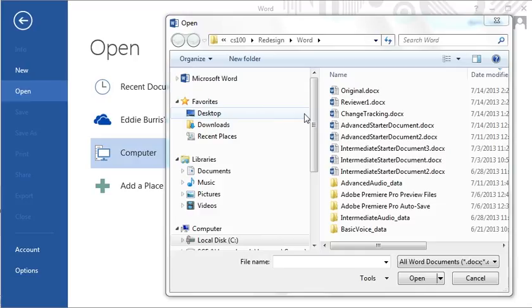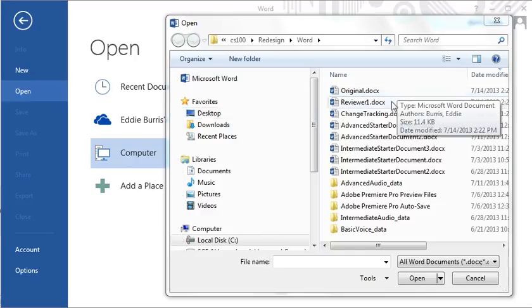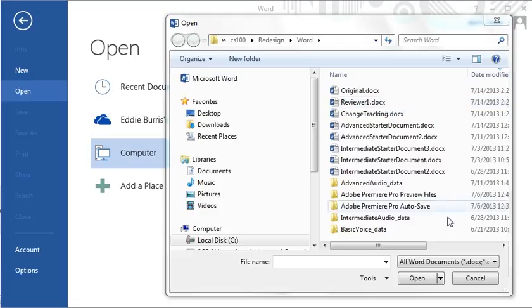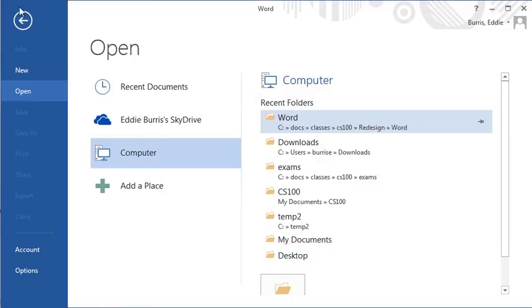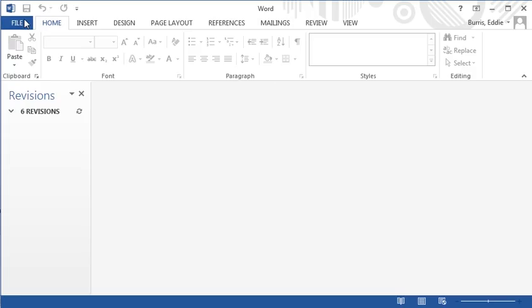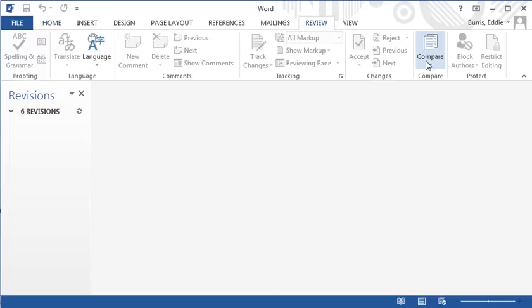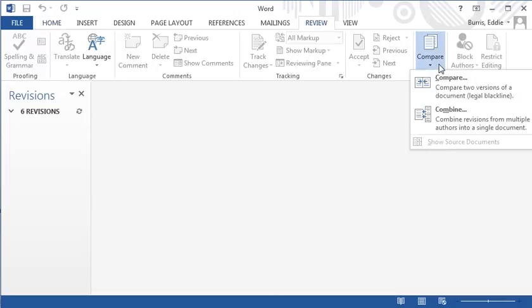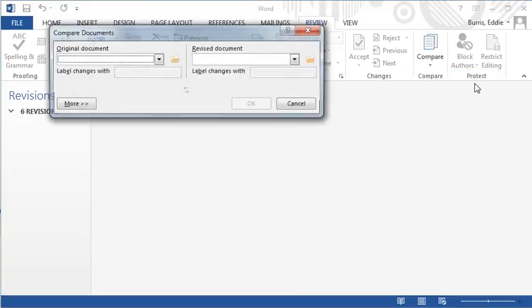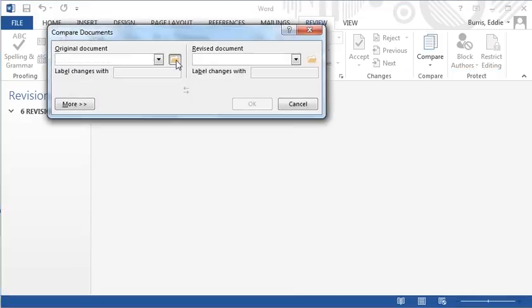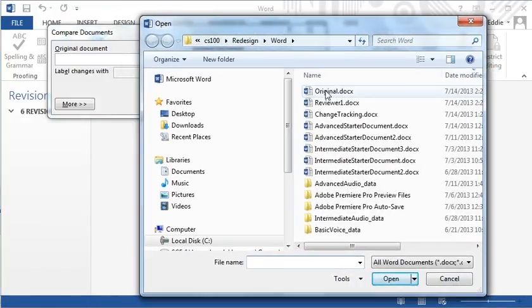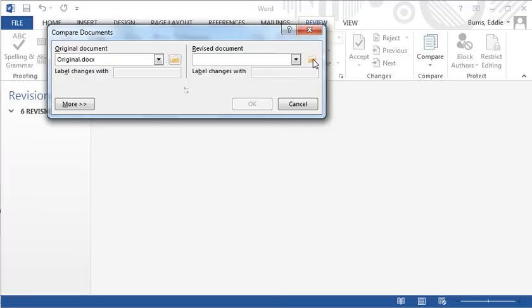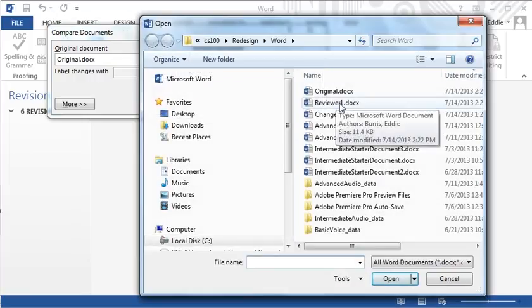I created 2 files, one called Original and the other called Reviewer 1. Reviewer 1 is the original document with a few minor changes. To compare the 2 documents, go to the Review tab, select Compare, and then Compare again. Browse for and select the original document. Browse for and select the revised document,